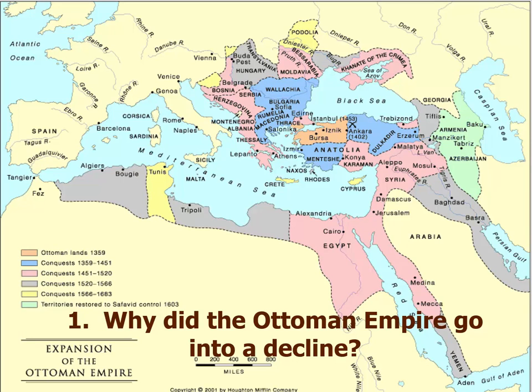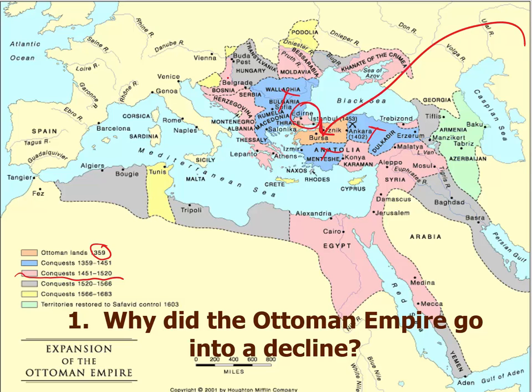And so if we look at this map, we can see the expansion of the Ottoman Empire over a period of time. The Ottoman Empire really begins to come about in about 1359, when Ottoman Turkish people who actually came from Central Asia came in, settled, and began taking over this area here. And then they slowly began to expand outward, gaining these lands here, everything here in blue. Surrounding, you'll notice the city of Constantinople, which was all that was left of the Byzantine Empire, which they eventually conquer in 1453.